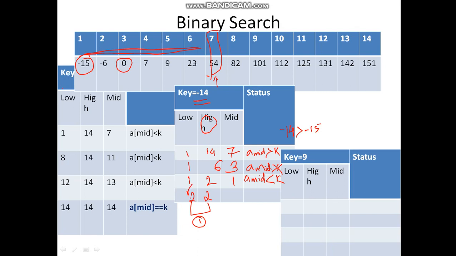If it is present, successful search. If it is not present, unsuccessful search. So now you can see here minus 14 is not present. So we are going to return 0. We are going to return 0 over here. So I hope you are understanding what I am trying to convince you of in this particular